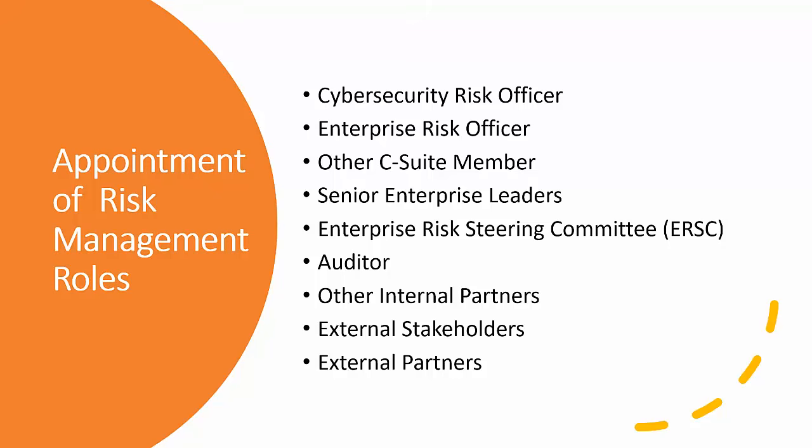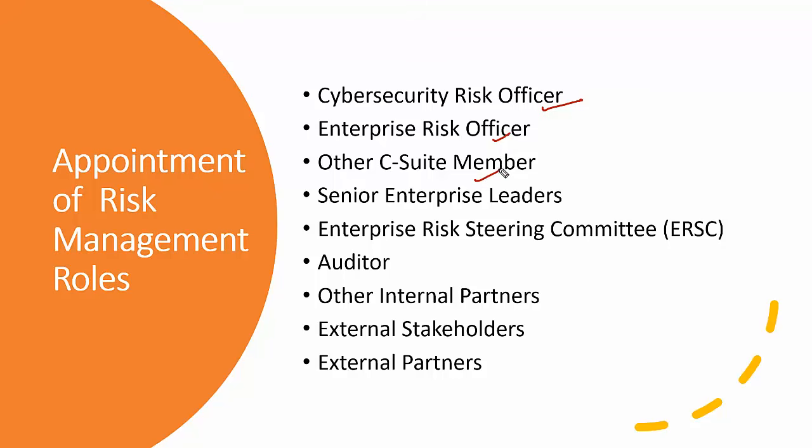Like we have a cybersecurity officer, which in some companies is also called a CISO. They manage the risk management process for an information system, and these individuals may also act as a risk owner for any particular risk in the register, or as a risk manager designated by the risk owner, who remains accountable for the risk. Then we have an enterprise risk officer, a senior-level person accountable for managing and communicating risk across the enterprise. In some organizations this position is also called a CRO.